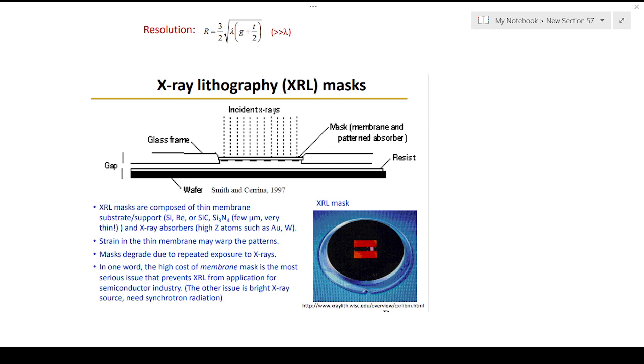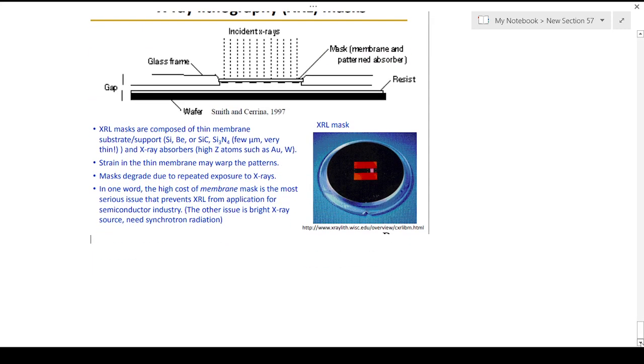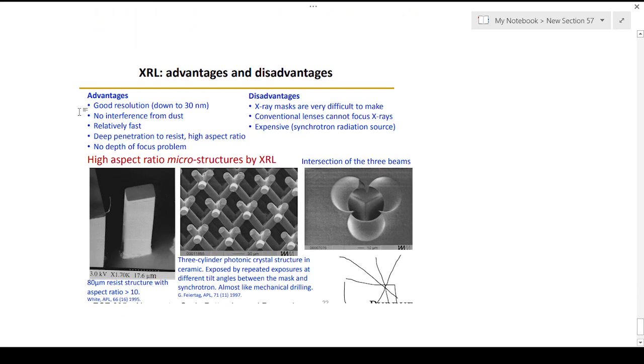So the XRL has both advantages and disadvantages in that perspective as well. Okay, so when you talk about that, we can see there is an advantage, and in terms of energy perspective we have a disadvantage as well. Okay, so it is very difficult to make the X-ray mask, and conventional lenses cannot focus X-rays exactly into the